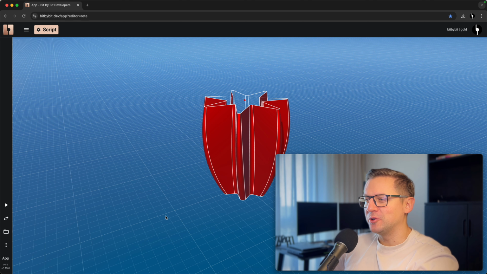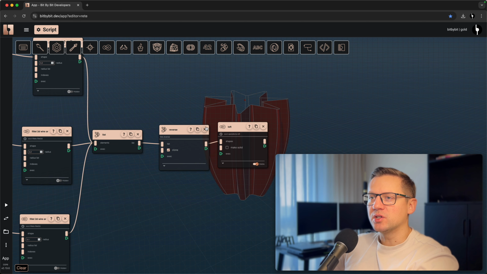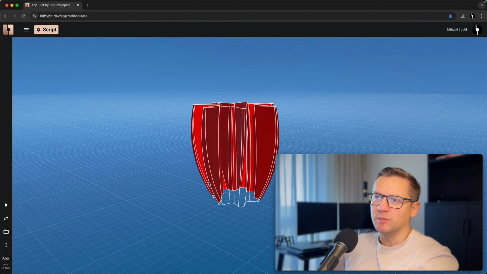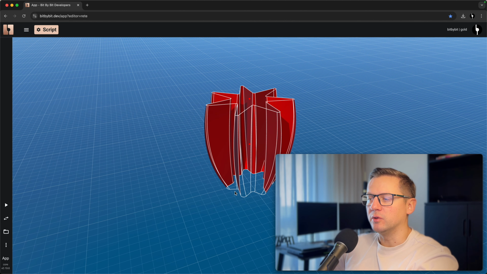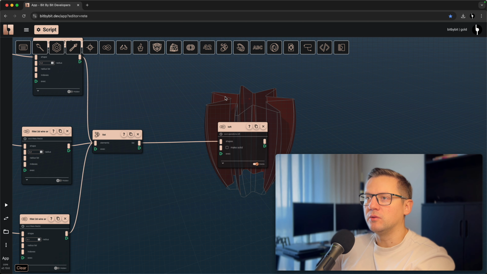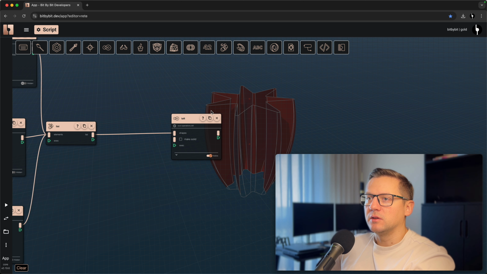So I hope I went through the majority of the cases where loft can be useful and explained in principle how it all works. I mean, in situations where you see these kinds of results where faces are inverted, it usually just means that you need to reverse the order of the wires that you provide into the loft command, and that solves it. Otherwise, you need to also reverse all of the faces that you generate from the loft, which is also possible, but just a bit more involved. And in this case, of course, as well with other ellipse variants, you can create the closed lofts. And yeah, these are quite